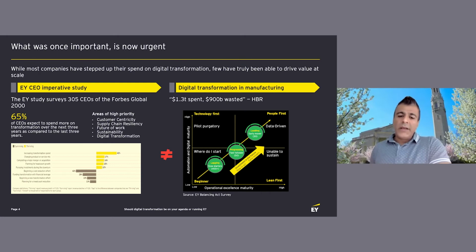Lastly, the topic of sustainability continues to become more and more critical. Whether you're a mobility company and are looking to pivot from a combustion engine to all electrification with the regulations and incentives that have been launched aggressively during COVID, or you're a manufacturing company that is also trying to drive a green footprint, whether it's your products or your supply chain, sustainability clearly is top of mind of most C-suite